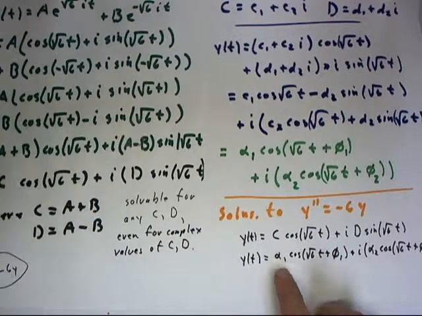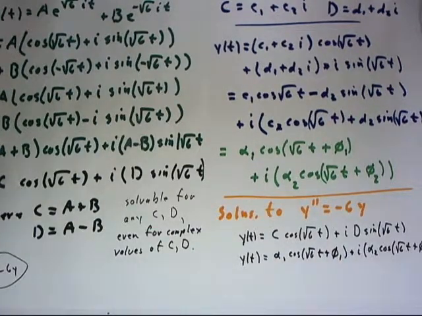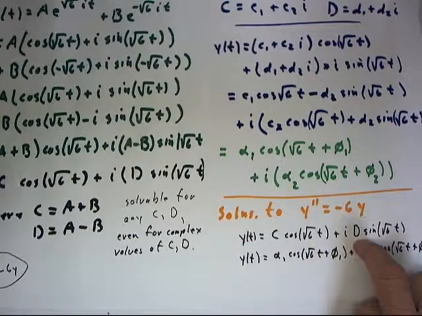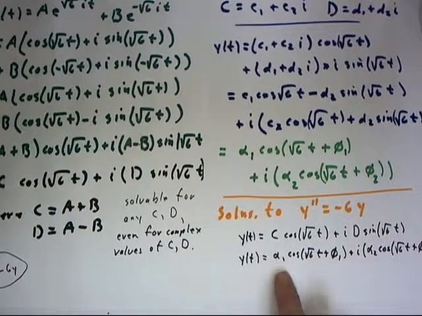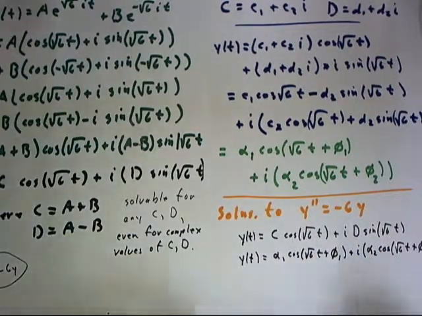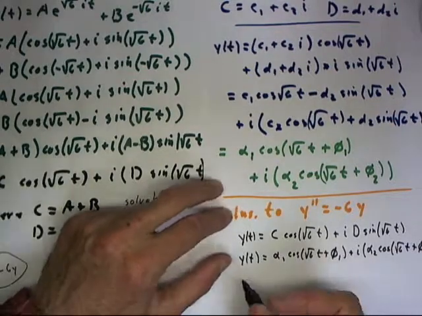Where in this case the alpha 1 and phi 1 are real. Okay, so c and d are in general complex. Alpha 1 and alpha 2 and phi 1 and phi 2 are real. So I could say